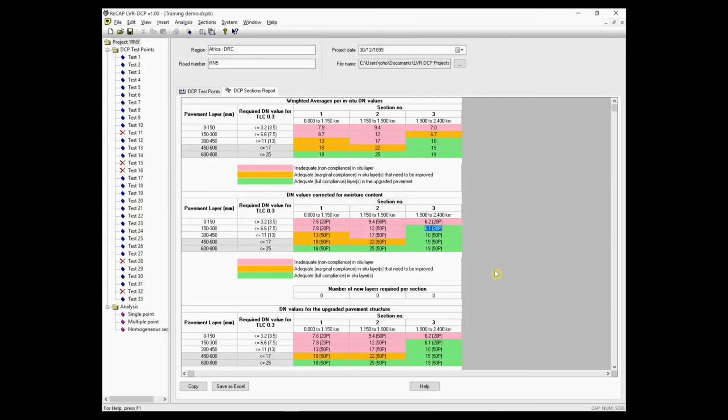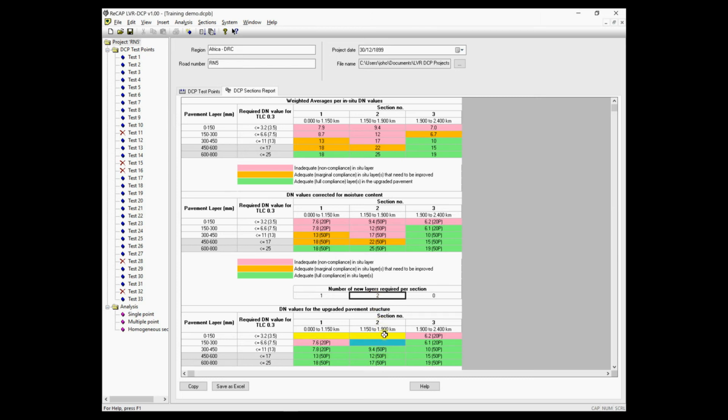And having done that, we can now consider how many layers we need to add for each section. So let's consider the design section by section. Let's start by adding one layer in section 1. From this we see that the in situ top layer, which has now become the subbase, is still outside the design requirements as per the DCP-DN catalog. But the margin is very small, and there could be scope for improving the layer before we put the base layer on top. In section 2, let's add 2 layers,